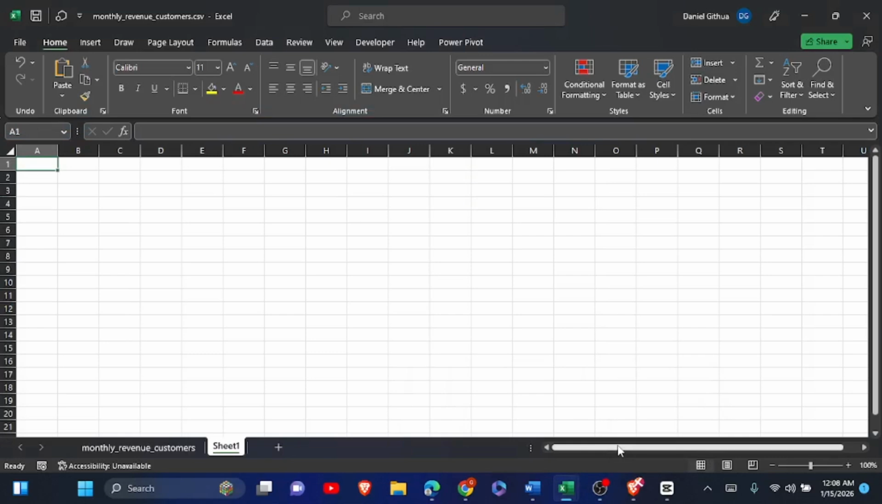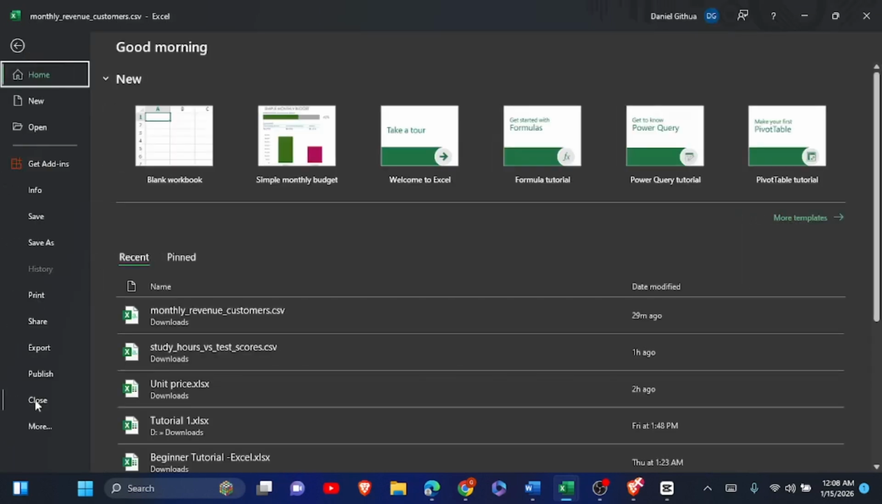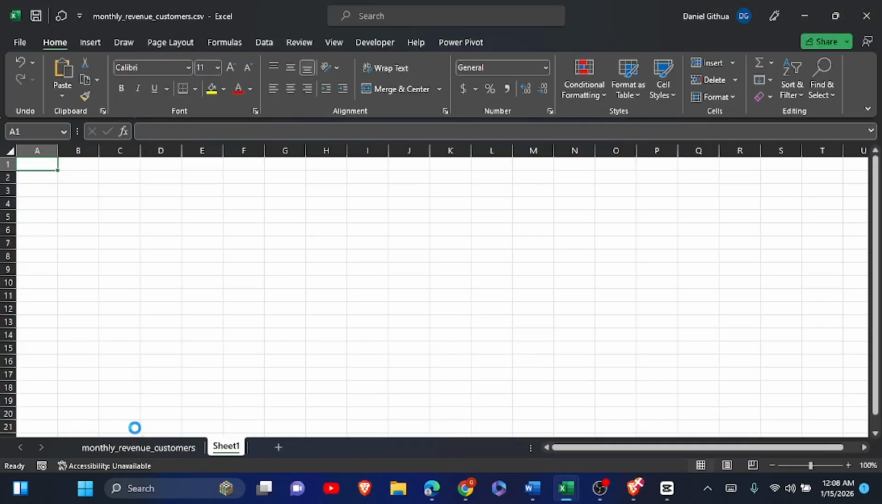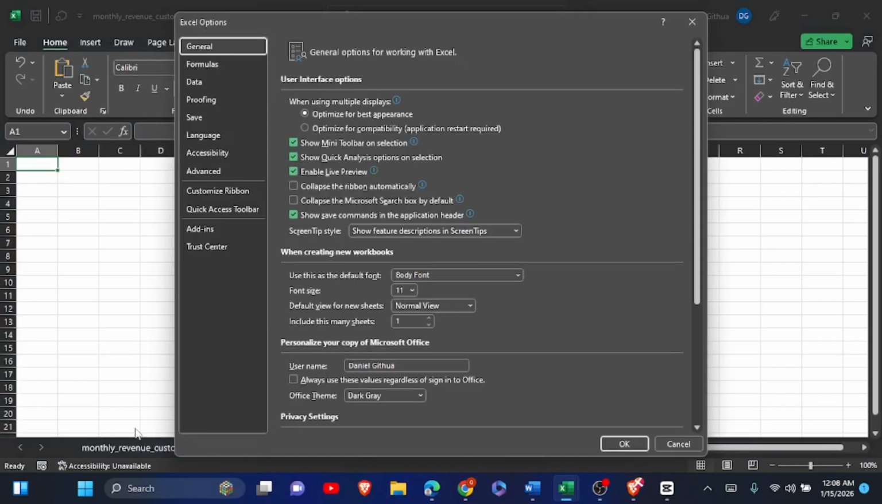Hello, this video will be showing you how to add the data analysis tool pack in Excel. So the first thing is you open your Excel like this, and then you have to go and click on File. Then you'll come here on More, and then you'll click on Options. Wait for it to open. On Options, click on Add-ins,